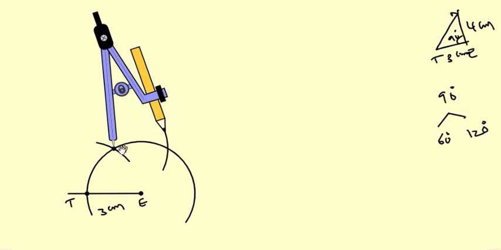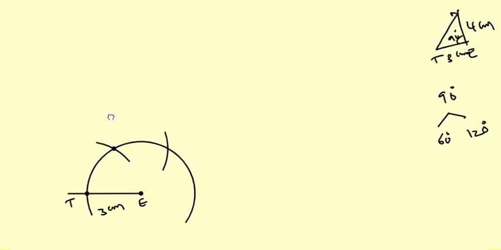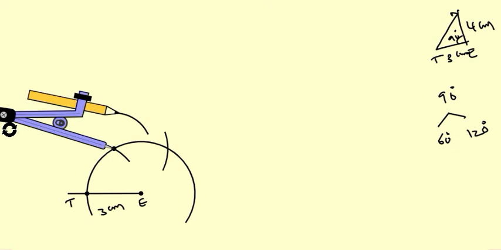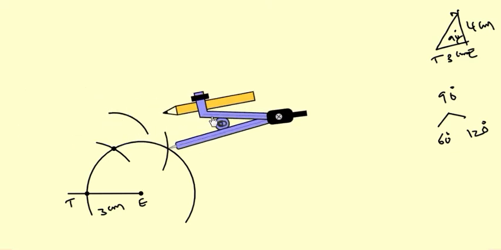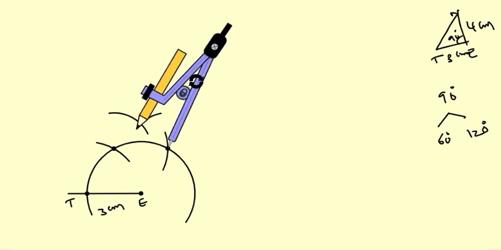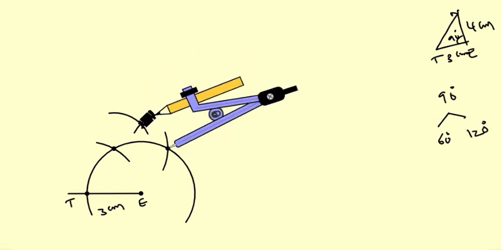Now to get the 90 degrees, we need to bisect this 60 and 120. For that, take the compass radius more than half of the length of 60 to 120. Now with 60 degrees as the center, draw an arc. Now with 120 degrees as the center, draw another arc which cuts the previous arc at point 90 degrees. Now here we got 90 degrees. Now take the ruler and draw ray EX and write down X here. So it is 90 degrees.